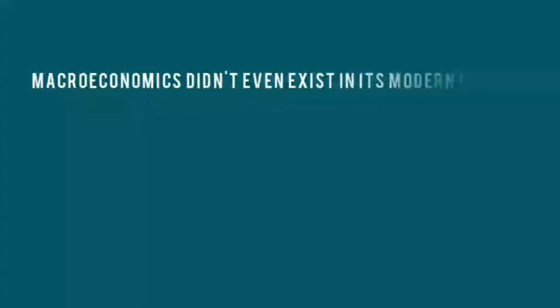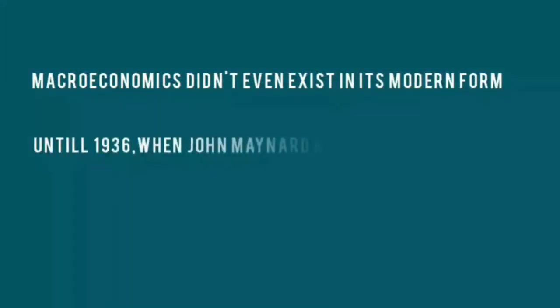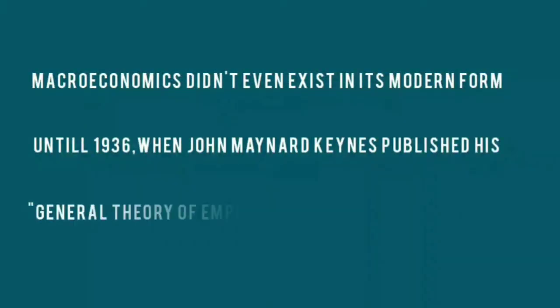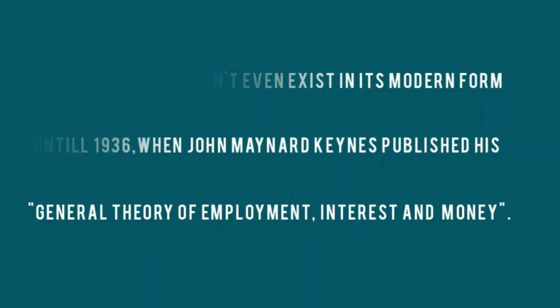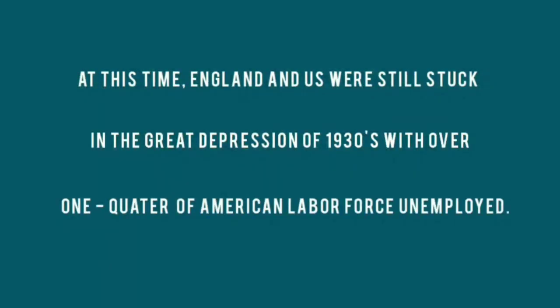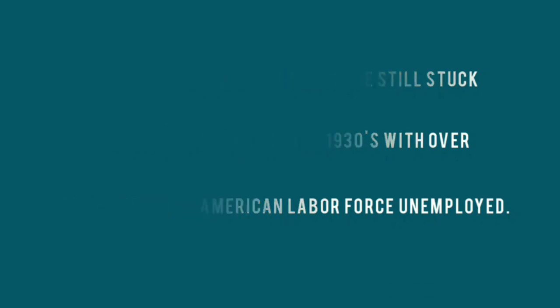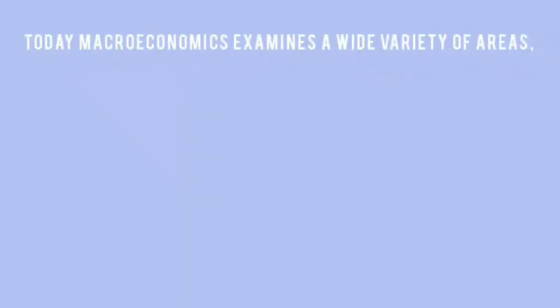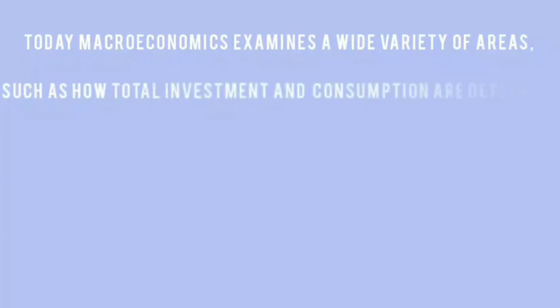Macroeconomics did not even exist in the modern form until 1936, when John Maynard Keynes published his revolutionary General Theory of Employment, Interest and Money. At this time, England and US were still stuck in the Great Depression of the 1930s, with over 1/4 of American labor force unemployed. Today, macroeconomics examines a wide variety of areas, such as how total investment and consumption are determined,